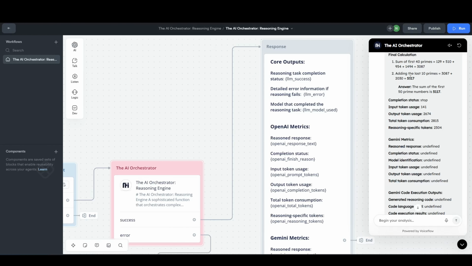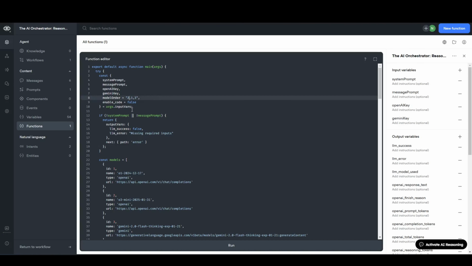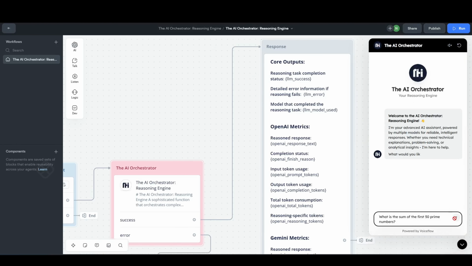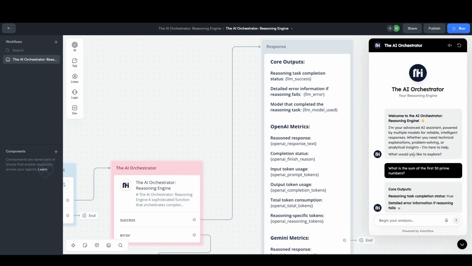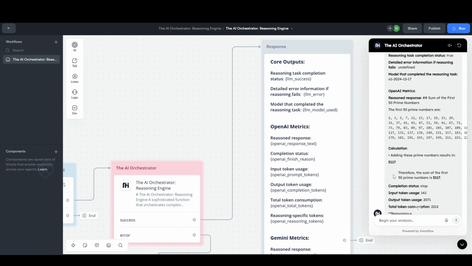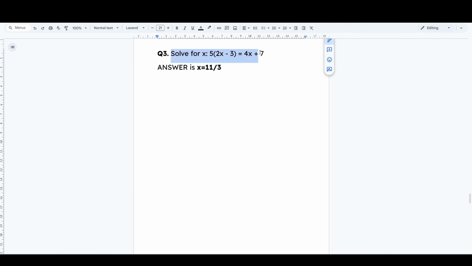And voila, it got it correct. Now let's try the O1. And it got it correct. 1 for that.